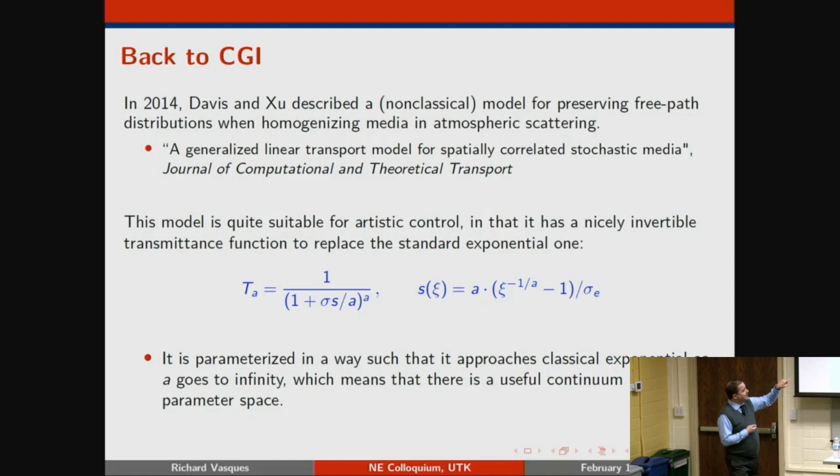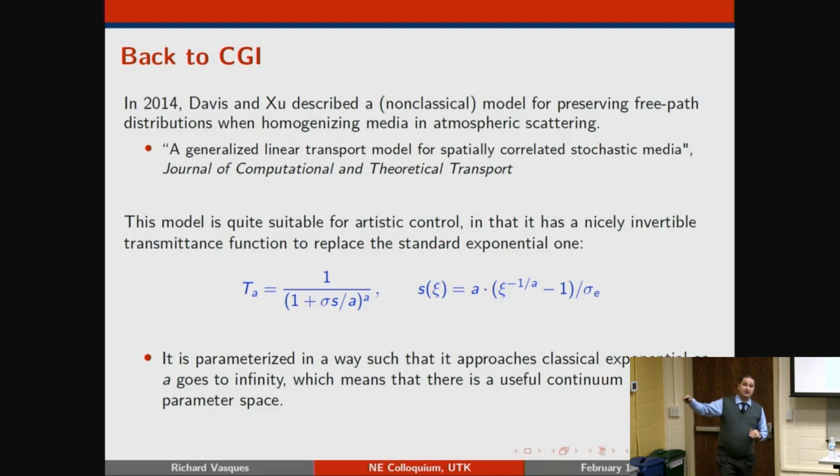Specifically, for that parameter A in there, the larger it is, the closer to an exponential you get. The smaller it is, the more algebraic that decay is going to be. So it gives the artist this one little parameter that they can tune and change the bleeding however they want. If this is an algebraic decay, because you have a fat tail, you're going to be depositing more energy into that tail of the PDF, but you're still preserving the mean of that PDF. And it can be a short mean. You're still preserving the single scatters and the short scatters. As you tune that A, you get more or less bleeding.